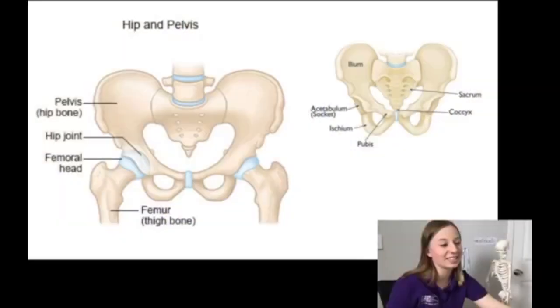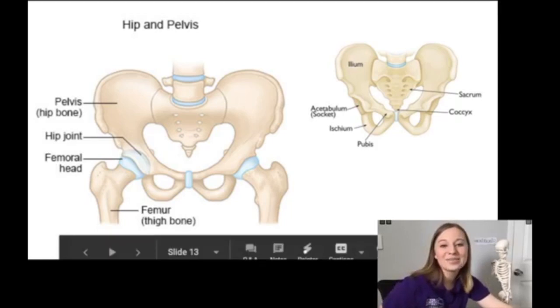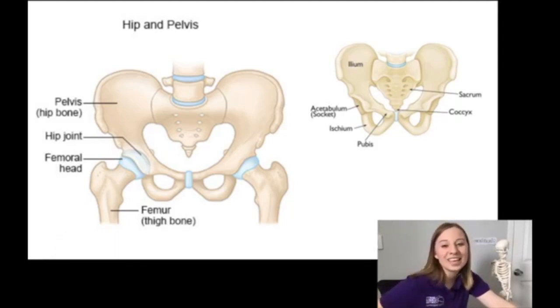And then we're ready to move on to our pelvis, or as I like to call it, our dancing bones, because those are the bones that help us dance. So, pun intended, what's the coolest part of a skeleton? The pelvis, because it's hip. So the pelvic girdle